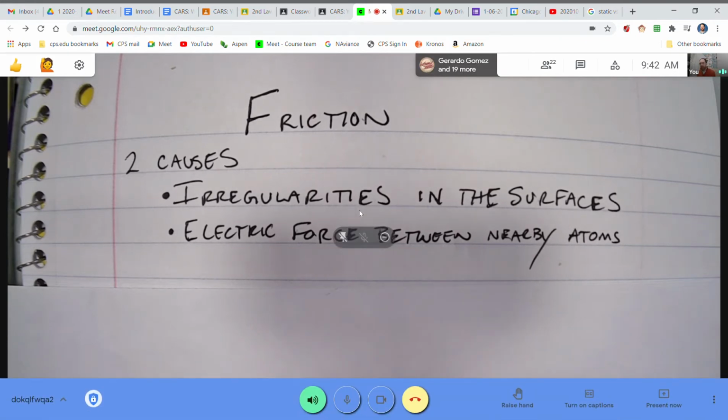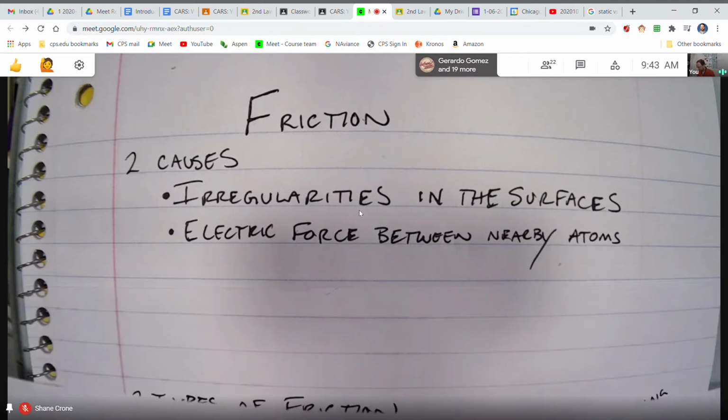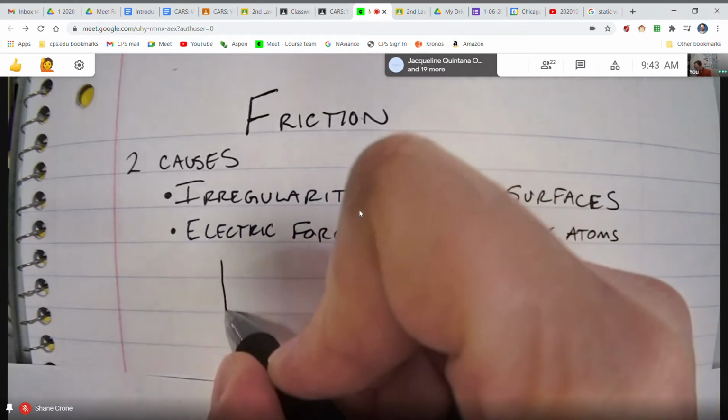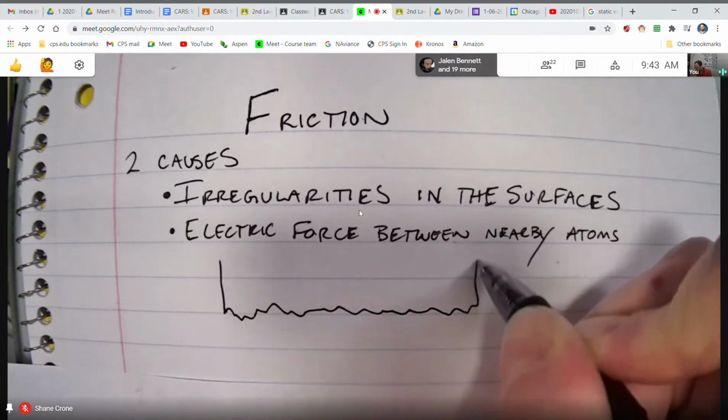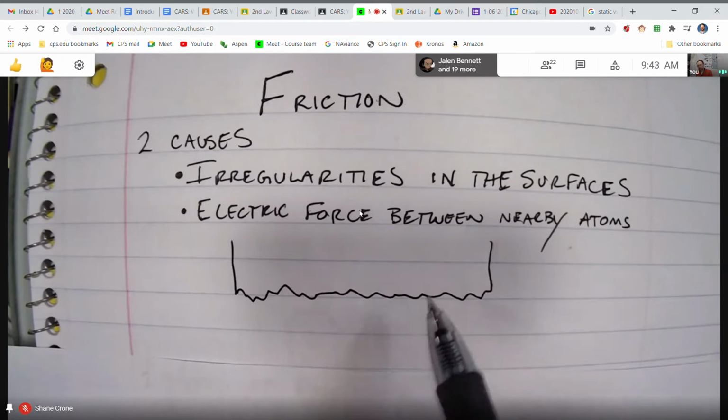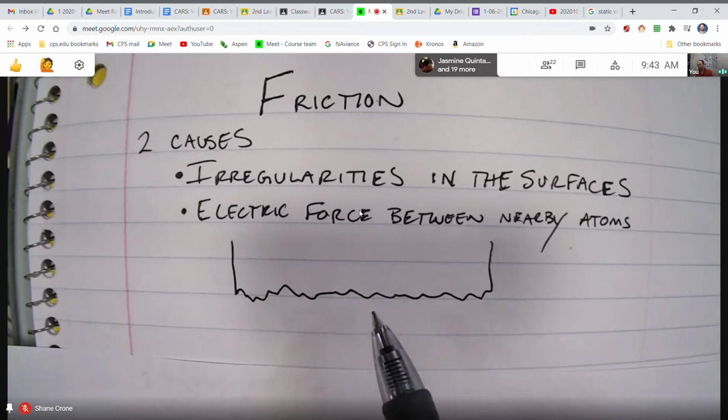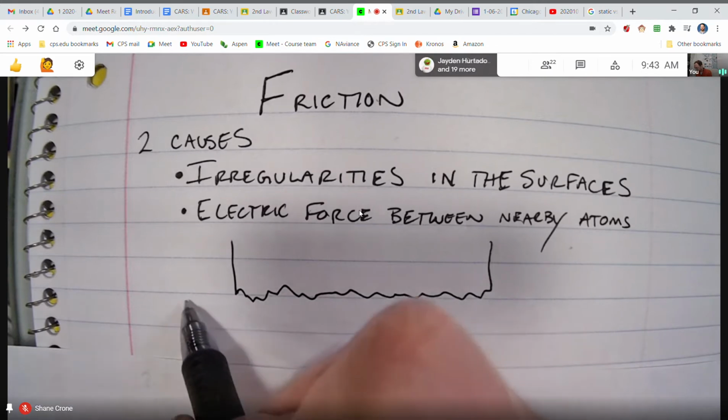Just to make it a little more clear, let me draw a picture of these two surfaces. Let's imagine we have a block of wood. When you look at the block of wood, the bottom surface might seem very smooth and flat, but at a microscopic level you would see it is definitely very irregular. And when I sit it on the table,